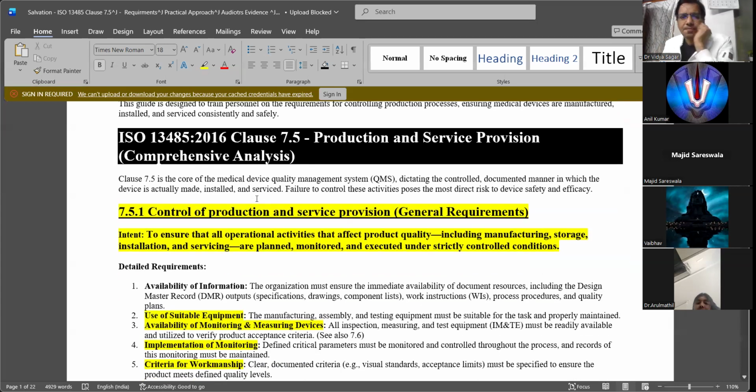So 7.5 is production and service provision. This is very, very important. As I said, this is the actual thing where at the end of the day the company earns the money. How much production, what is the target, how you met the production, how many have you sold. So here you need to be very, very careful.